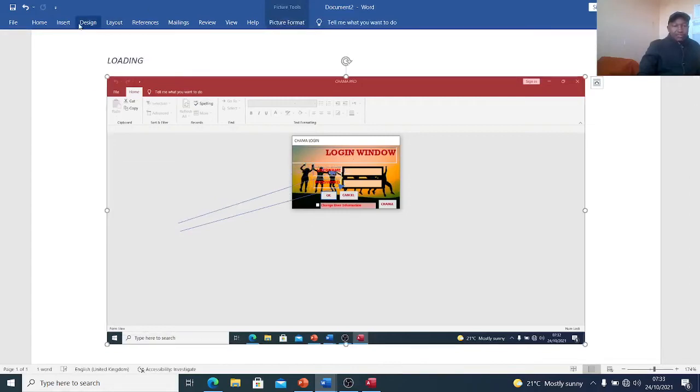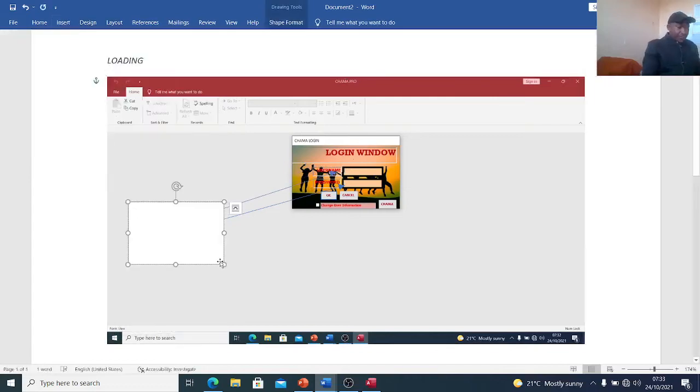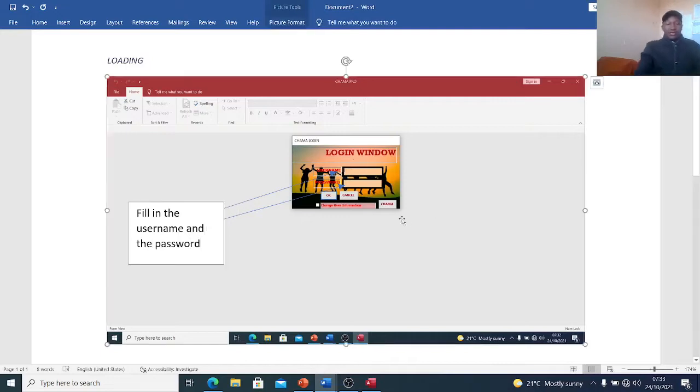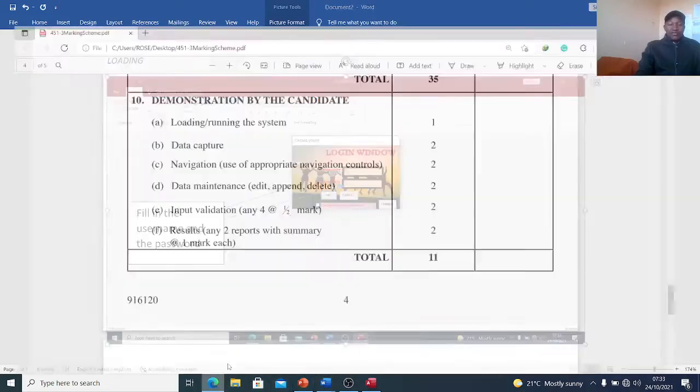Then you can just take a text box and show that this is where to fill in the username and the password. You see now the candidate, the student, is demonstrating how to log in, and therefore you get that